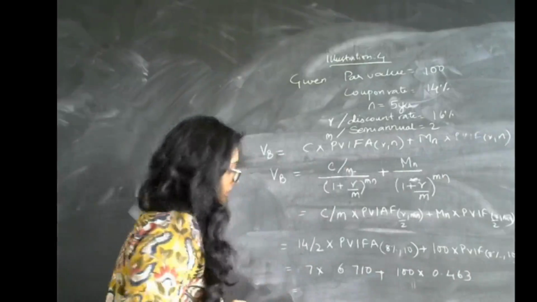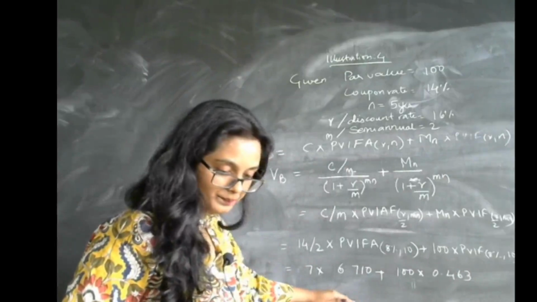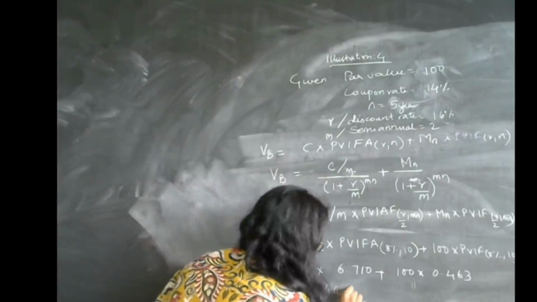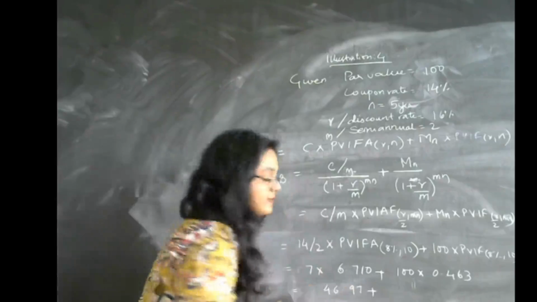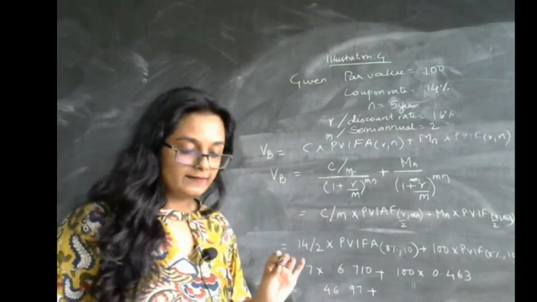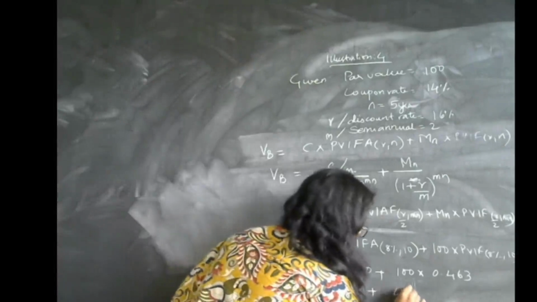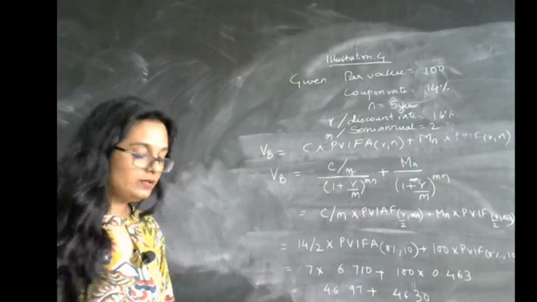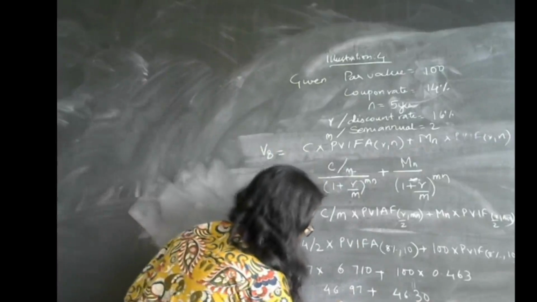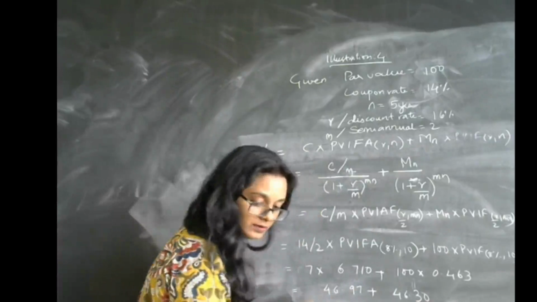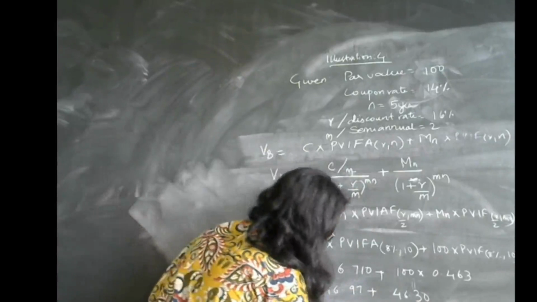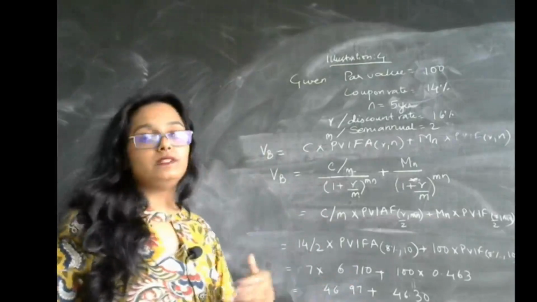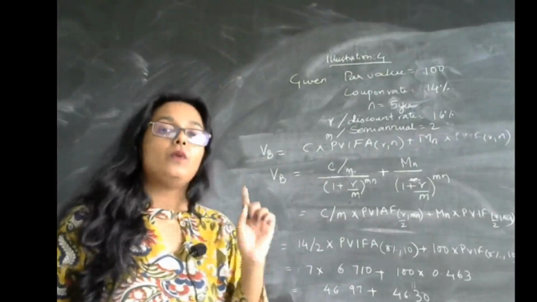So it is coming to 46.97 plus 46.30 over here, and the total is coming to around 93.27. So you all understood how you have to solve when it comes to semi-annual